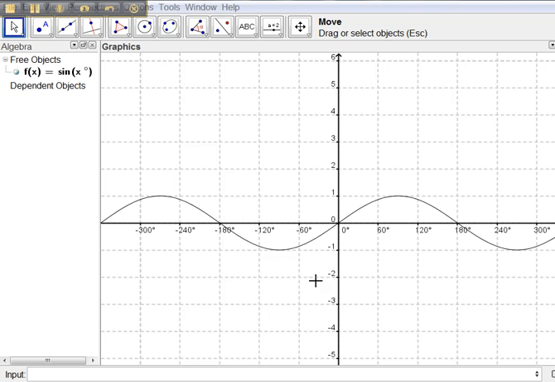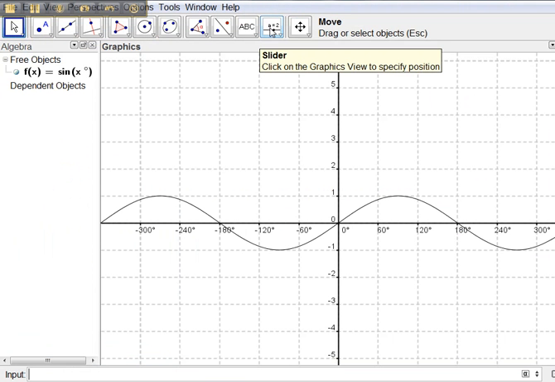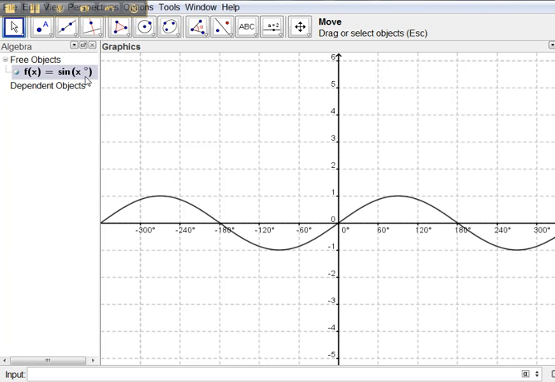In this video we want to start looking at how to transform the sine function, and to begin with we're changing this number. So in GeoGebra I need to add a slider. I'm going to keep my original y equals sine x curve that we've already set up in degrees in the last video. I'm going to add a new one